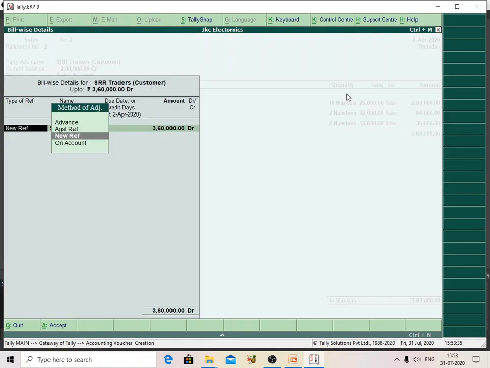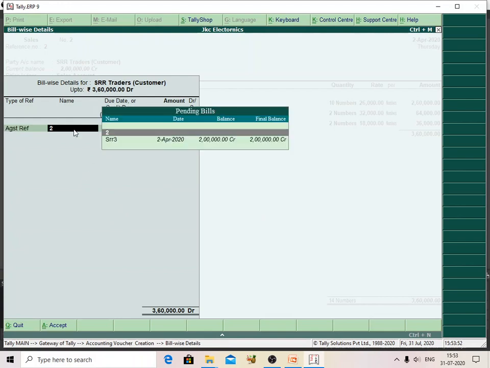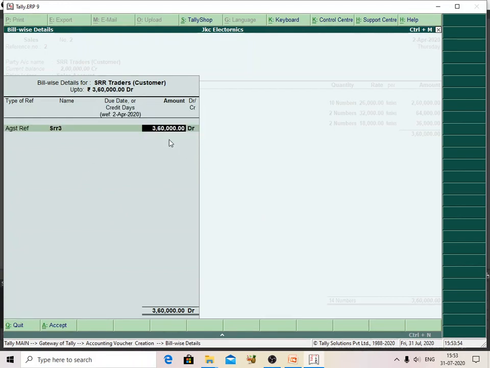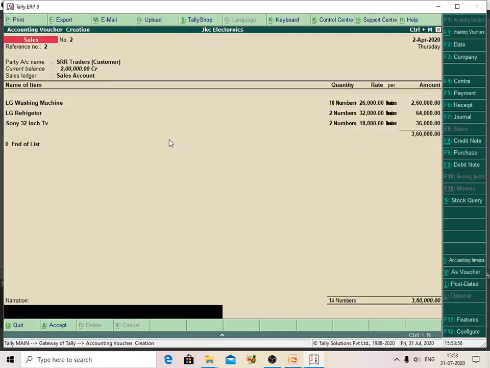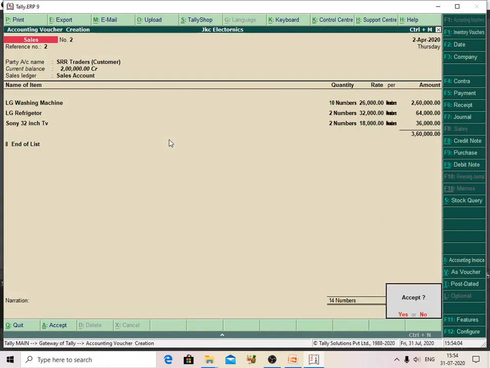Okay, so here how we can make it, I will make it as adjustment. See here, it is under adjustment. I will select it as adjustments. Okay, I will select first against reference, 2 lakhs rupees as debtors. Then I will post the transaction. The remaining amount is against reference,